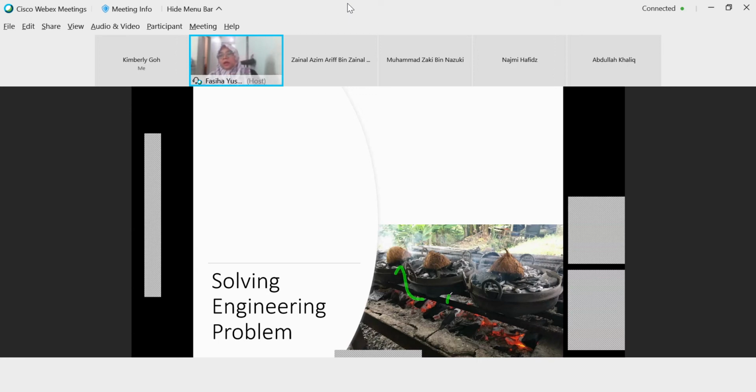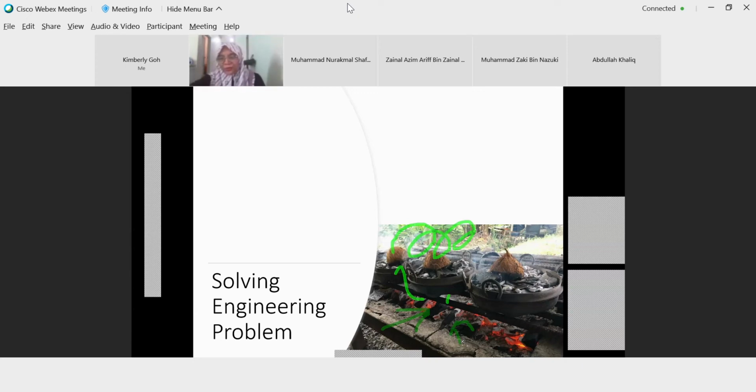You can write in the chat, or unmute yourself, or write on my slide as well. Here, there's smoke. Heat not consistent. You have to control this. Not consistent heat. Dust. Correct. What else? Safety. Yes, safety.